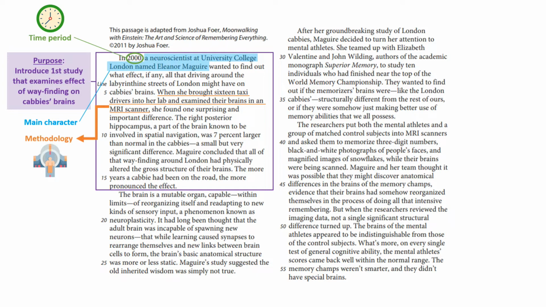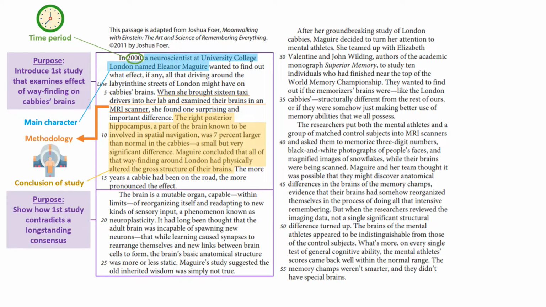So just like an article in a scientific journal, this passage describes how the study was conducted and what the conclusions were. The conclusion of this study was that the act of navigating enlarged the hippocampus for cabbies, so it changed their brain structure. The next paragraph shows how the first study contradicts a long-standing consensus, and that is evident